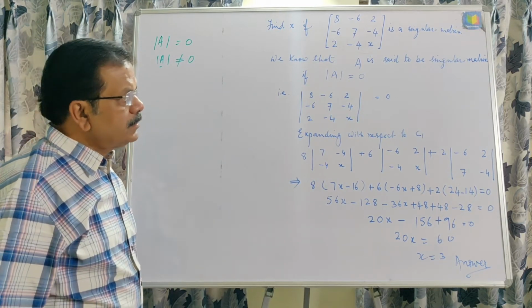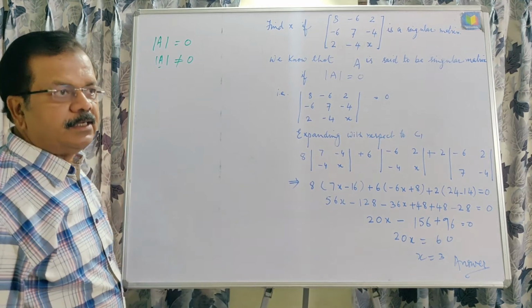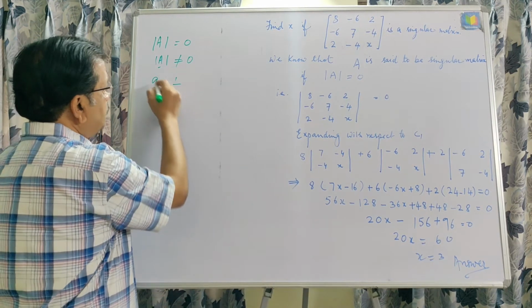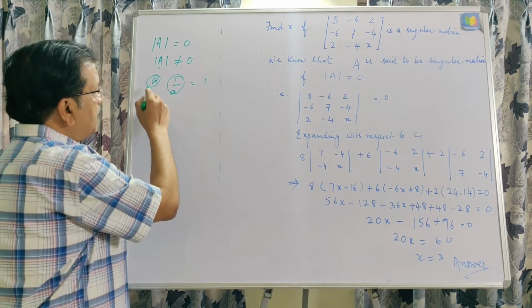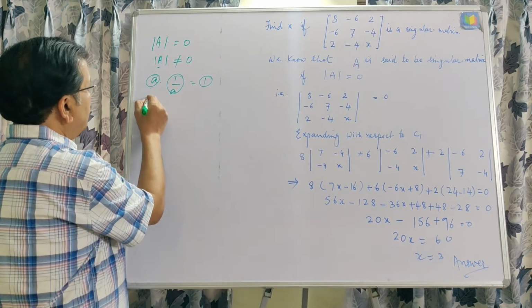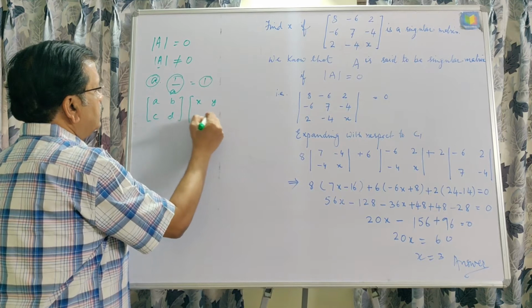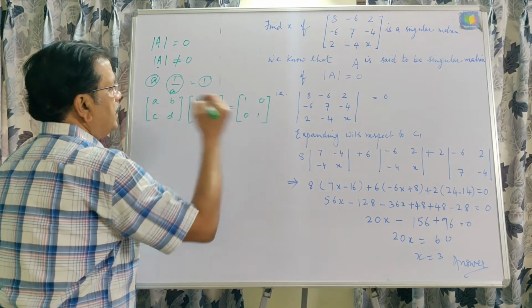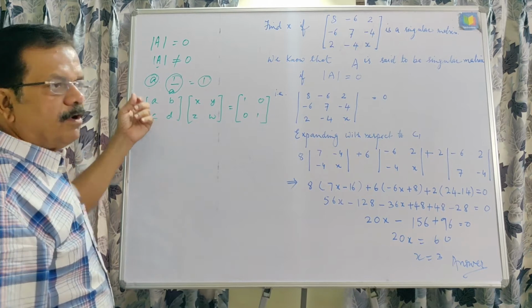For the existence of the inverse of any matrix, in general we can understand that for any real number A there exists another real number 1 upon A, which when multiplied we get 1, and this is called the multiplicative inverse of A. In matrix form also, if we are given any matrix A, B, C, D, and another matrix X, Y, Z, W, and after multiplication we are getting 1 0 0 1, that is the unit matrix, then we can say that this matrix is the multiplicative inverse of the given matrix.